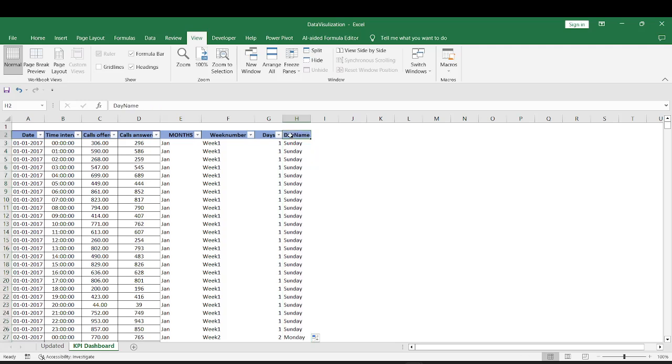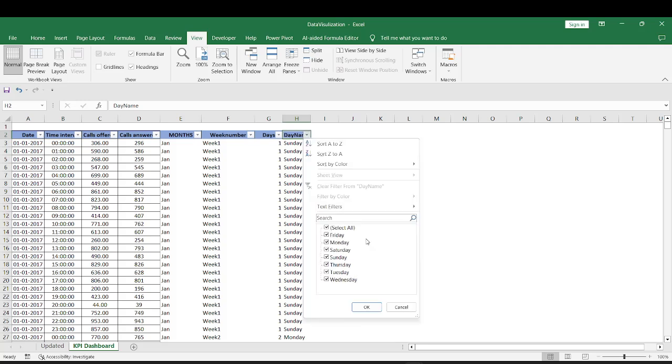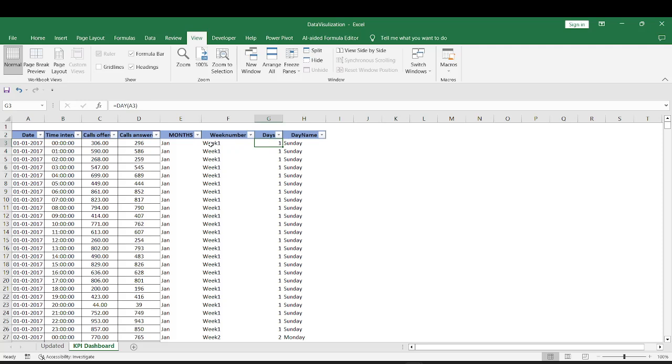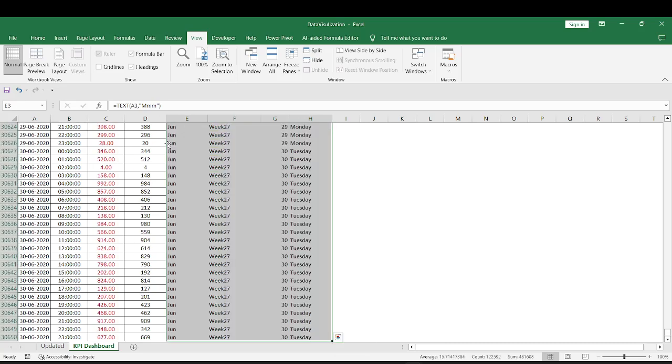Again, put the filter on to see if we have all the 7 days of the week. And here we see we have all the 7 days listed here. The way we did for week number, I'm going to select this whole range because I don't want the formulas here. I only need the values. We have already done the copy paste for this, but I can include this again. Let me copy the data of all these 4 columns. Copy this, Control C,